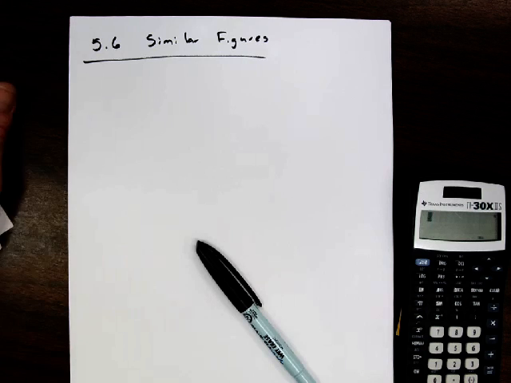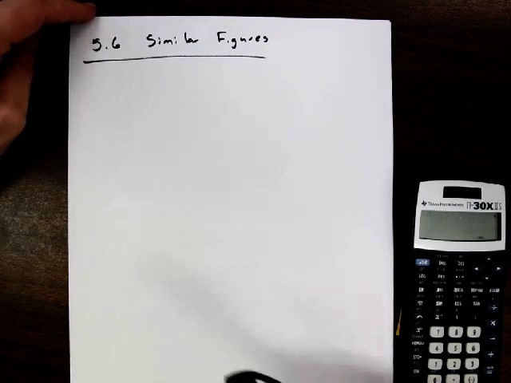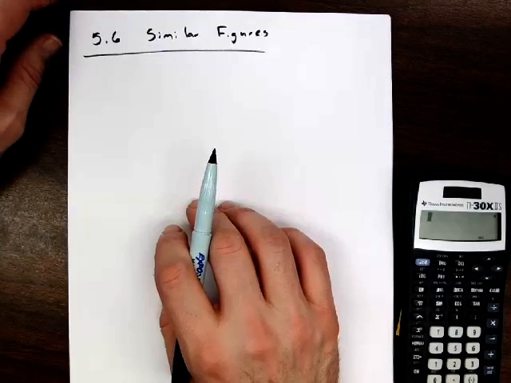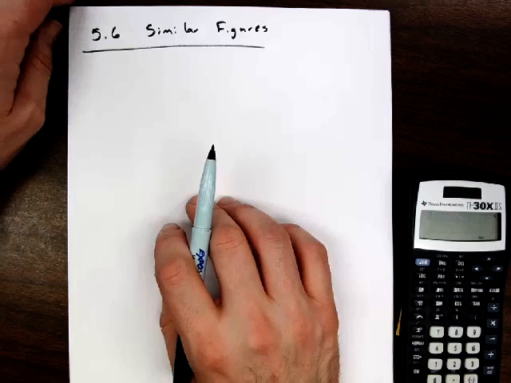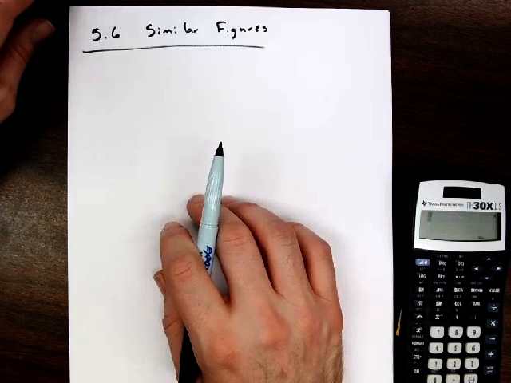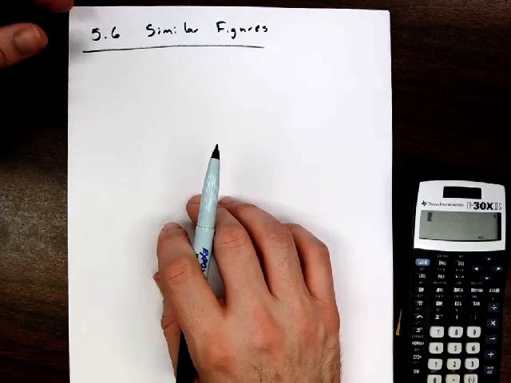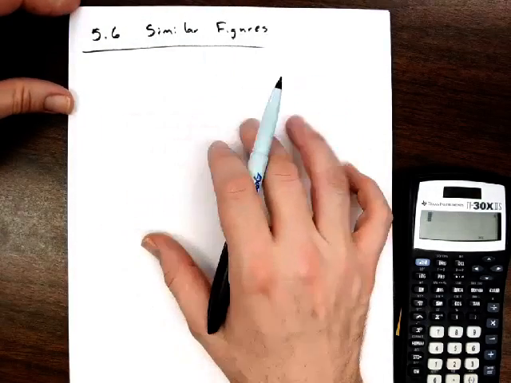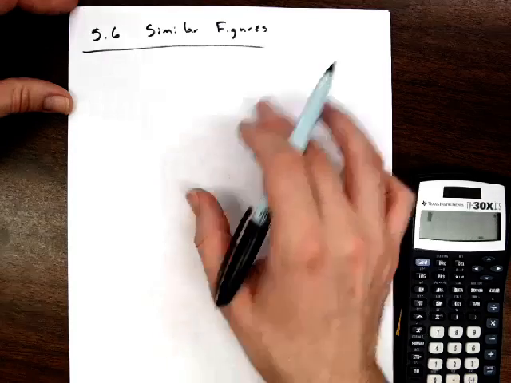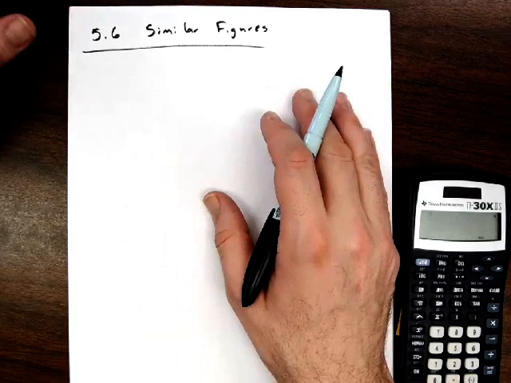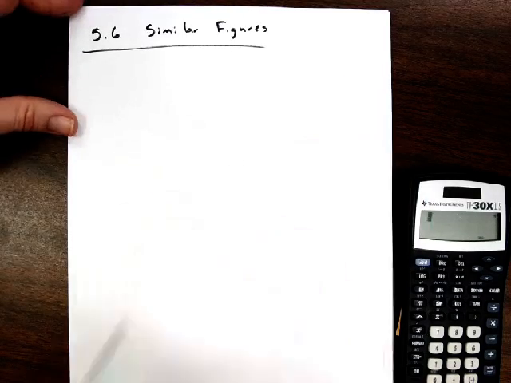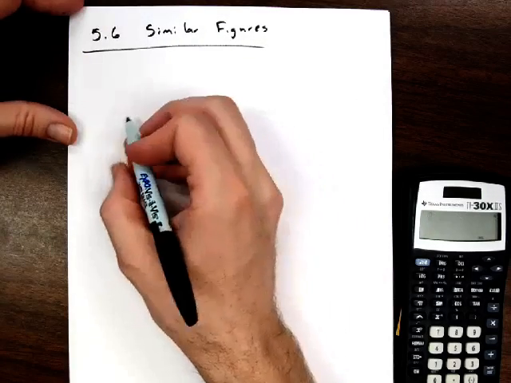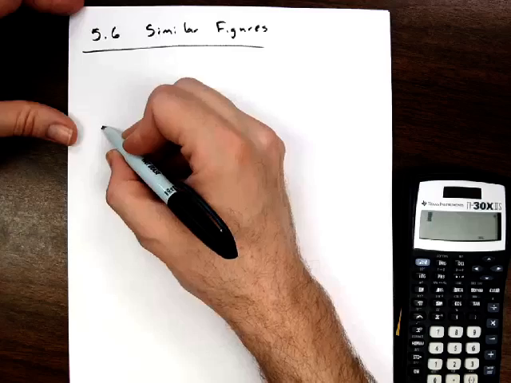Okay, let's talk about similar figures. Similar figures is something that you're going to run into when you're dealing with all sorts of stuff. Basically, the idea of scaling on a map is saying that the scales that you're running into on a map are going to be proportional to what you're seeing out there in the real world. But the idea behind a similar figure is saying that if you've got two